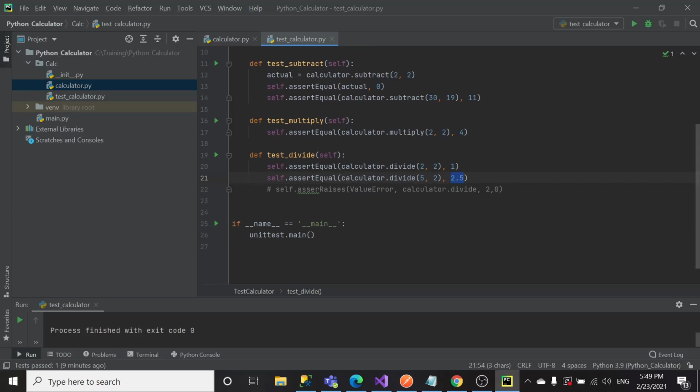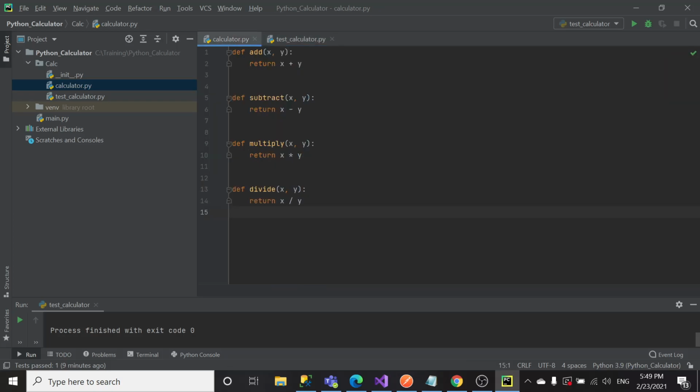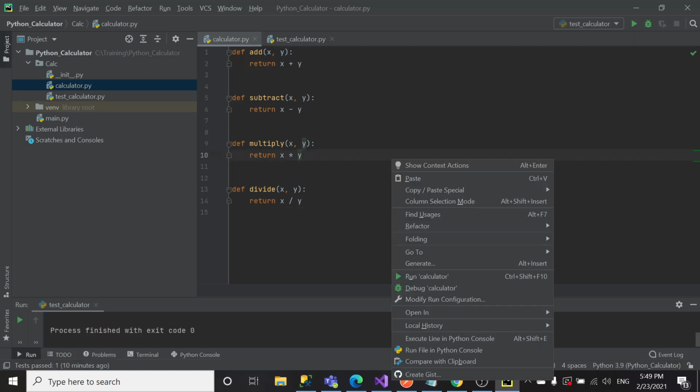And there's a case of dividing 2 by 0, which we haven't actually handled in our file here. So we are going to be talking about that also. Now that we have our test, let's try to run it and see what we have. So if I run this test,